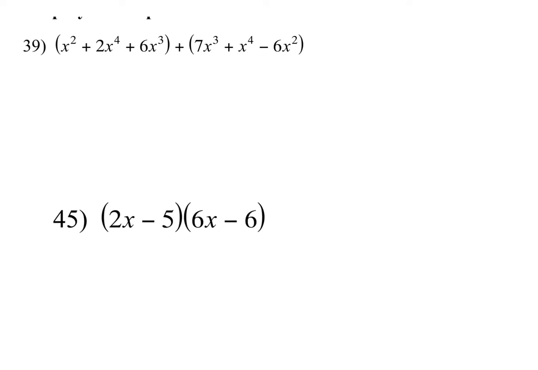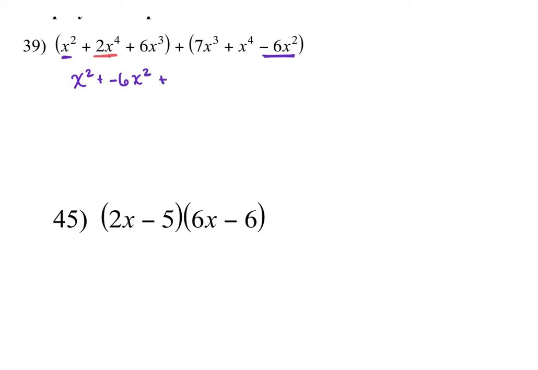You can go with highest exponent, or you can just add your like terms and then organize it. So if you're looking at this, you're going to say x squared. What does that pair up with? That pairs up with the negative 6x squared. So x squared plus negative 6x squared plus